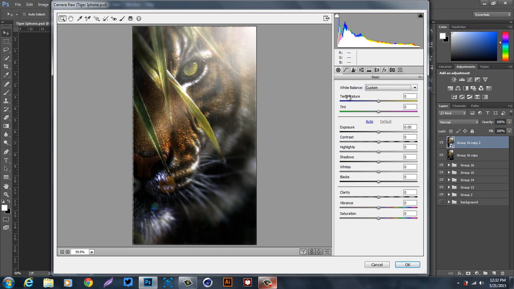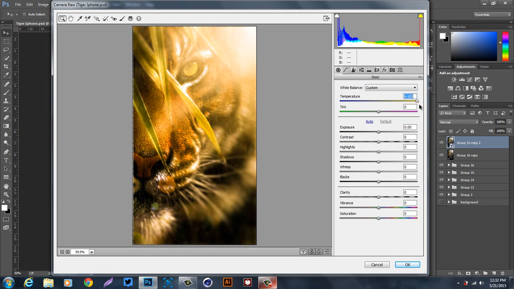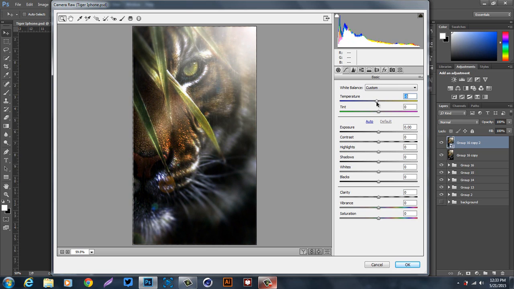So the temperature, I'm sure you know what temperature means. If you don't, just Google it. I'm not gonna call you stupid or anything. But we're gonna raise this up. It could be just like pure blue or pure yellow, but we're not gonna do that. So we're gonna make a blue kind of tint to it. That's gonna be perfect right there. The tint, same thing, green, purple. We're gonna make this a little bit green,